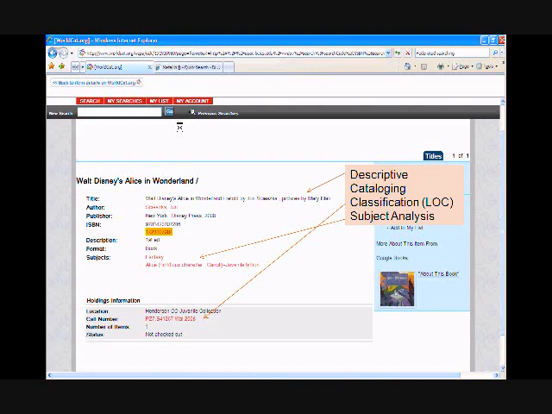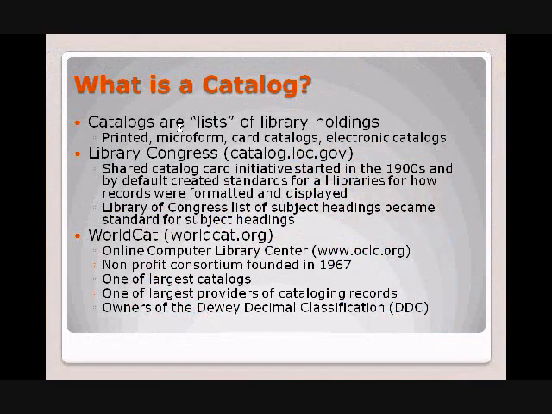So let's talk a little bit about exactly what a library catalog is. Catalogs essentially are lists of library holdings, and originally that's what they were. Catalog lists can be contained in printed, microform, hard catalogs, and most recently, electronic catalog format. There are two entities that are responsible for contributing the standards and processes for developing library catalogs, particularly the electronic